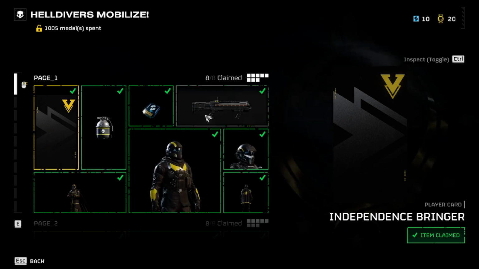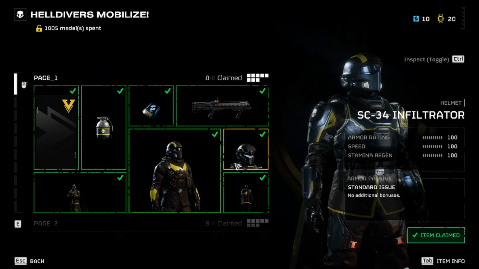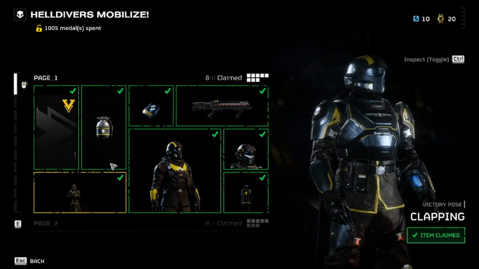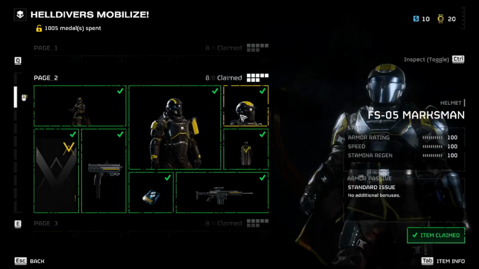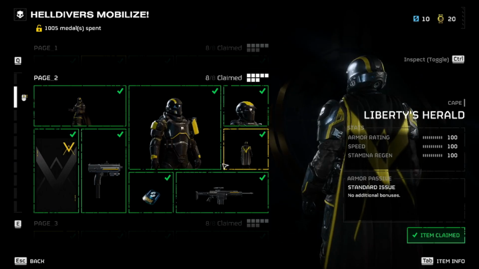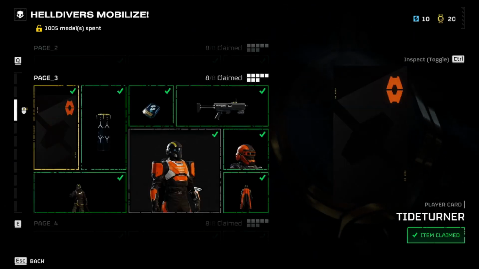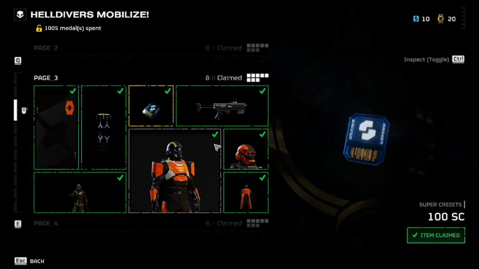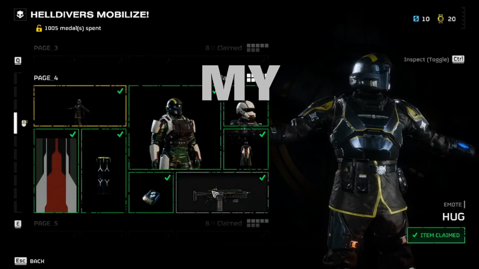There are 2 battle passes, a free one and a premium which costs 1,000 super credits. The battle passes are how you unlock most of your weapons and armor in the game. To do so, you use medals that are earned from completing missions. The free battle pass has a lot more items than the premium one, and most of the premium items are just reskins of the free ones. And from what I can tell, neither battle pass will ever expire either. With all that covered, that brings us to my...